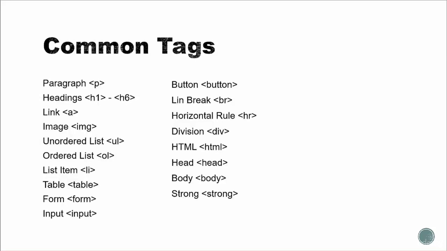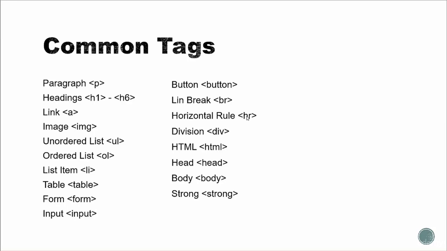Alright, so here's some common tags. Very basic. We have paragraph, headings, which we have H1 through H6, H1 being the biggest, H6 being the smallest heading. Links, we'll use an A tag. Images, use IMG. We have unordered and ordered lists, and then list items, which are LI tags. We have table, form, input, button, line break, horizontal rule, which will put a line across the page or across